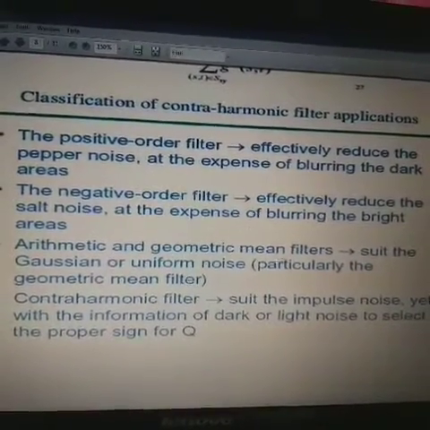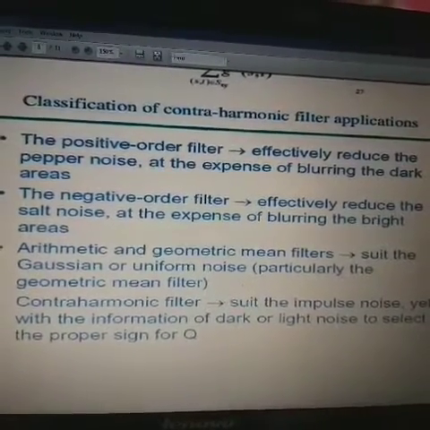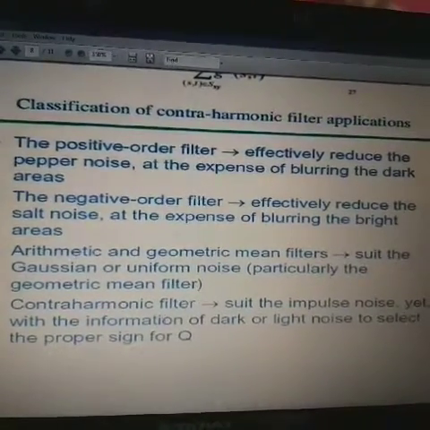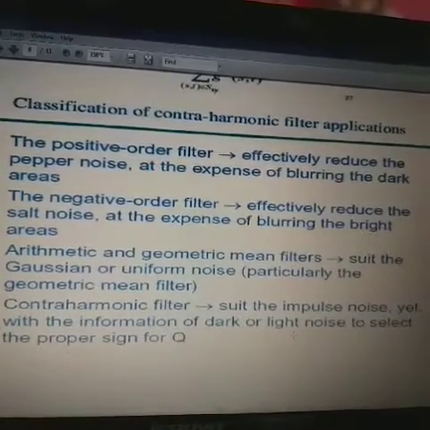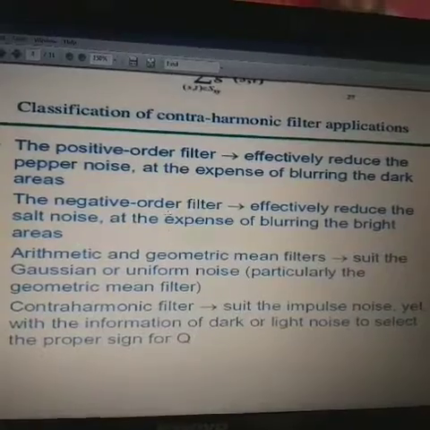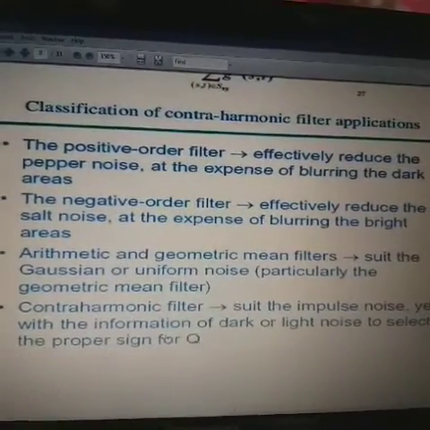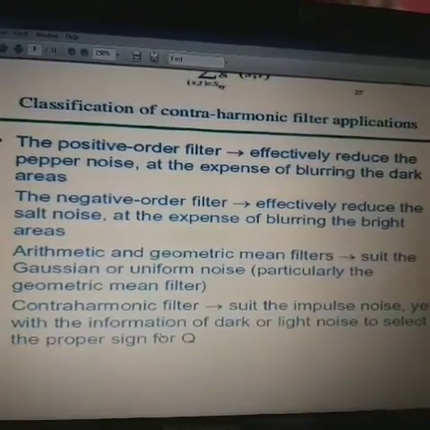Arithmetic and geometric mean filters suit Gaussian and uniform noise, particularly the geometric mean filter. Contra harmonic suits impulsive noise, yet with the information of the dark or light noise to select the proper sign for Q. So these are some of the applications where these filters are compared with the previously discussed noise models.